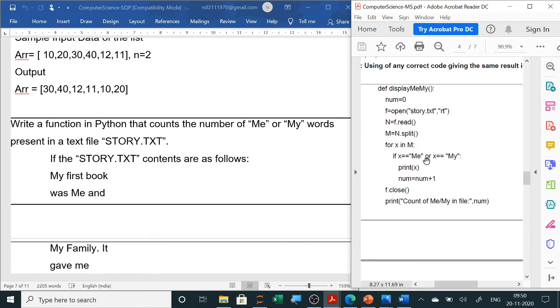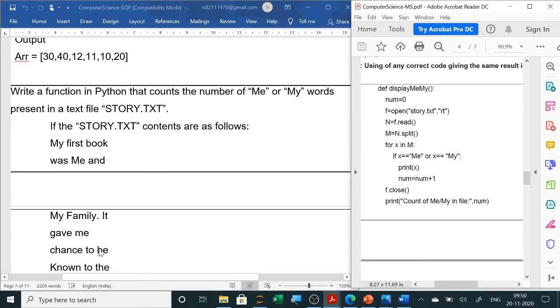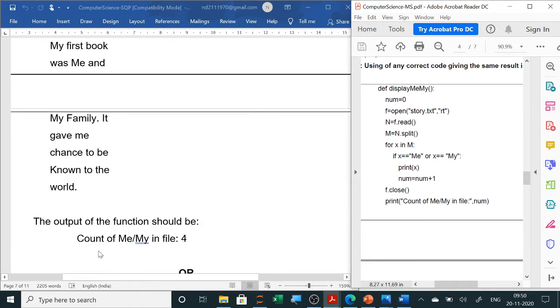If it is me or my, then it will simply add to the count. You can also print there if you want. It will add because the question says count the number of me and my. The output they mention is count of me/my in file, so at the end you will write print with whatever they have written here.